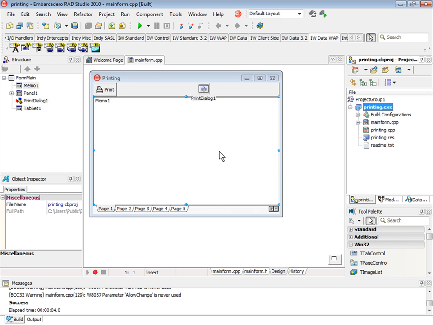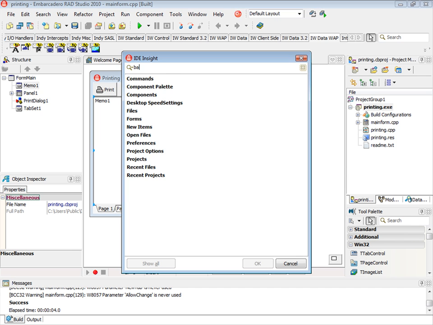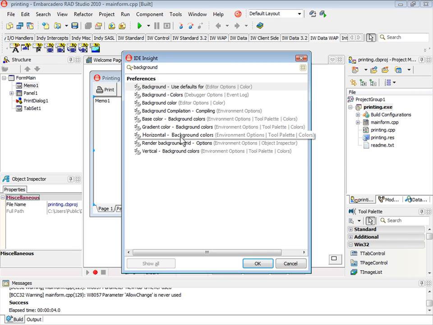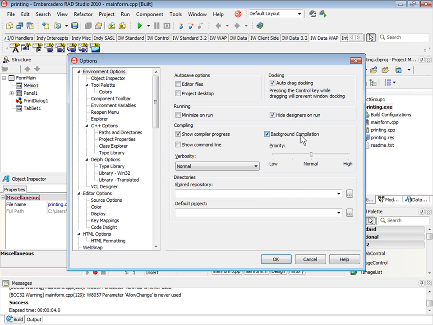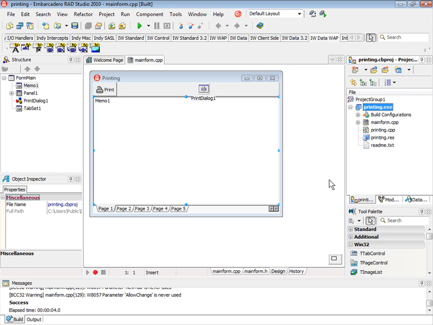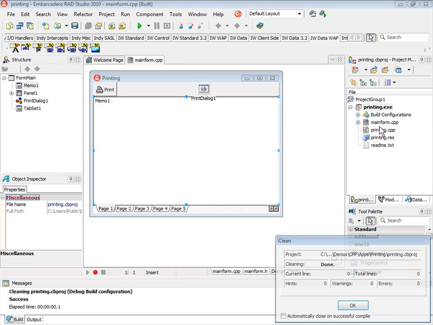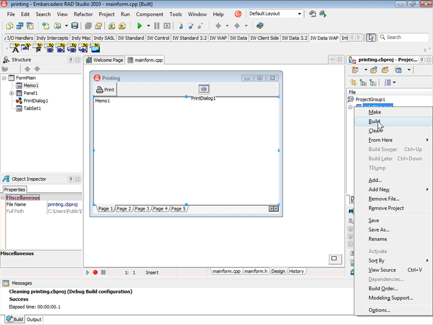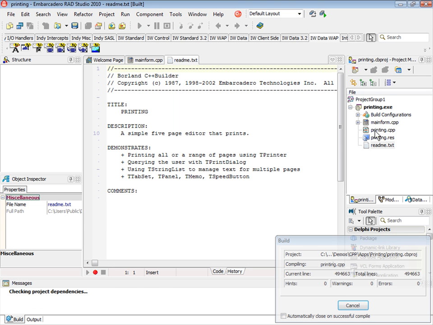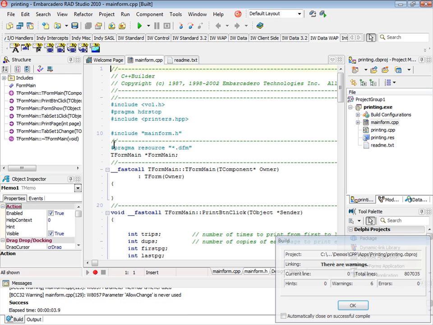Now, we have a new feature named background compilation. As you can see here, I'm using the IDE Insight to find this option. I can enable this option here, compile the project again. Let me clean the project first. And now I can open and do whatever I want, add new breakpoints here,